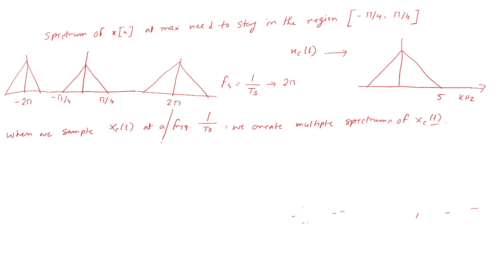So this 2 pi corresponds to 1 over Ts. Now my spectrum of xn cannot go beyond this minus pi by 4 to pi by 4, because otherwise we